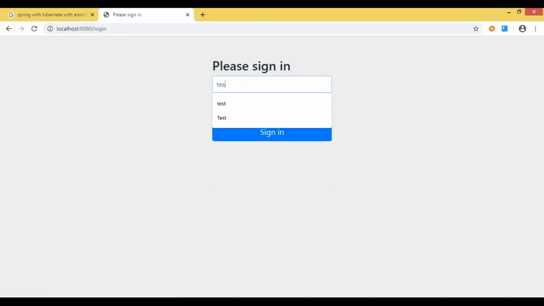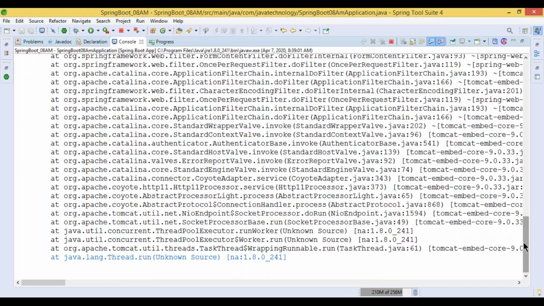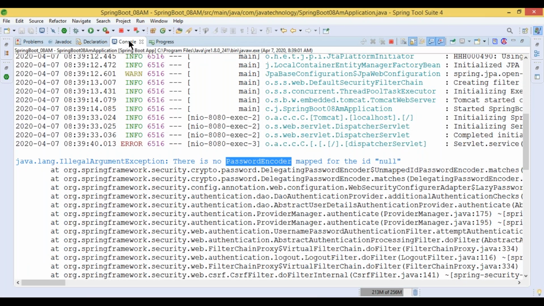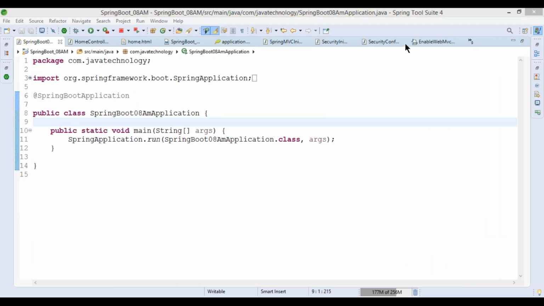So what is the username we need to give here? Test. Okay, so I hope we got some exception, and try to identify the exception here. Sir, we commented out test in the application. Yes, tell me. We have commented out the test username and password in the application.properties. We have to use that encrypted, encoded password. If I use the encoded password, you will get to know why we need to use the Spring code.